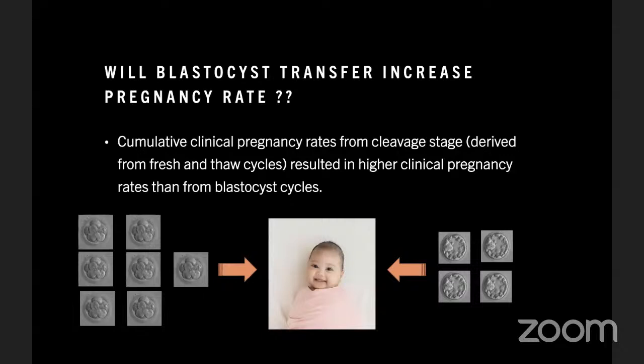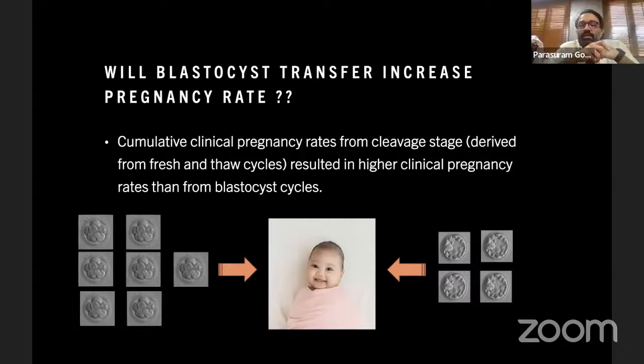I think with all the data that is available, one thing that is very clear is that cumulative pregnancy rate from a cleavage stage transfer resulted in higher clinical pregnancy rather than from a blastocyst cycle. Even if you do not say higher, at least it was giving us equally good results. Because if you can see in the image here, if you look at one IVF cycle for particular patients,